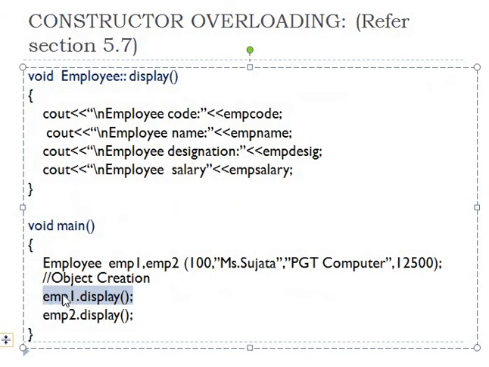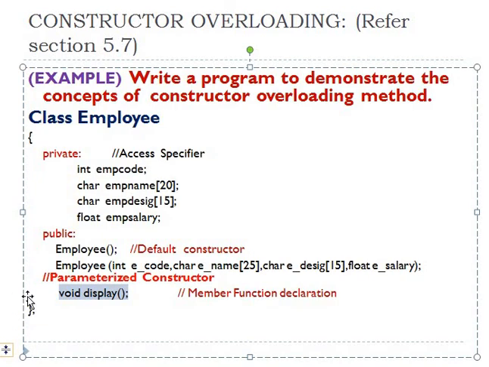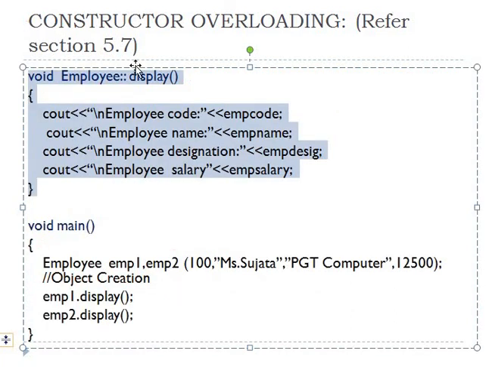And soon after that, the object emp1 accesses the member function display. So from this calling function, the control is going to jump into the called function that is over here, and since the body part is absent, it's not defined inside this class, the control is again going to move from this portion of the program into here, where the body region for the member function display has been defined. The body region has been defined for this member function display outside of this class,